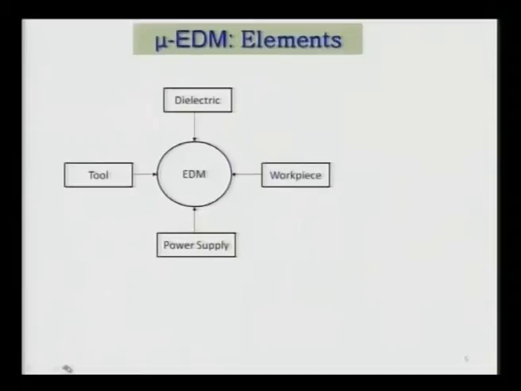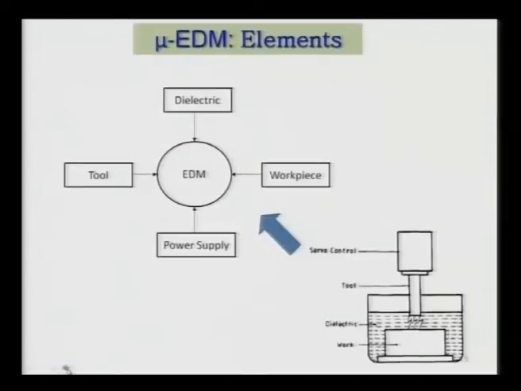The workpiece material should have a certain minimum conductivity, then only you can use this electric discharge micro machining process. And for filling up the gap between the tool and the workpiece, we use the dielectric, and there are various kinds of dielectrics which I will tell you. And to make the whole circuit electrically conducting, we have a power supply,